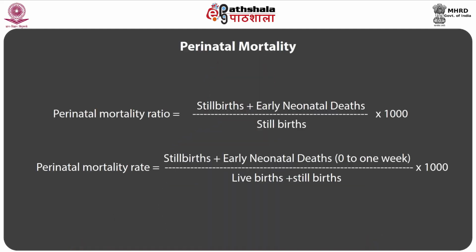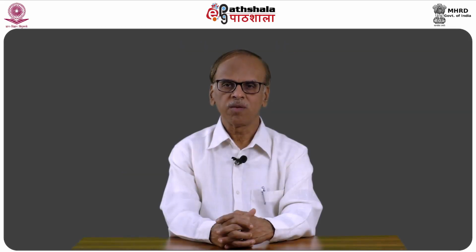Perinatal mortality ratio equals stillbirths plus early neonatal deaths divided by stillbirths multiplied by 1000, or perinatal mortality rate equals stillbirths plus early neonatal deaths, that is 0 to 1 week, divided by live births plus stillbirths multiplied by 1000. Infant mortality. Mortality of live born who have not reached their first birthday is known as infant